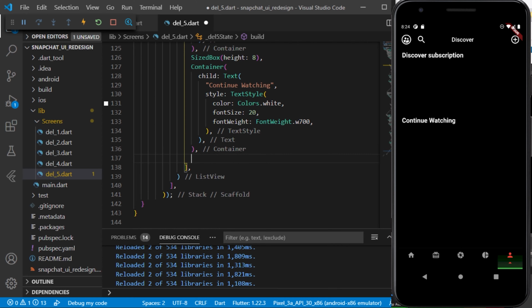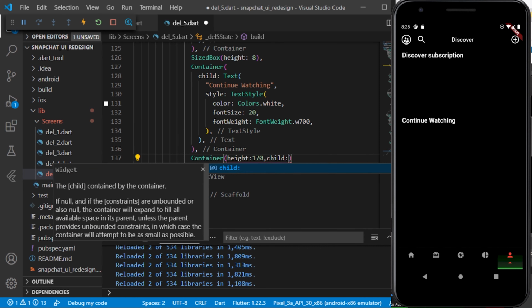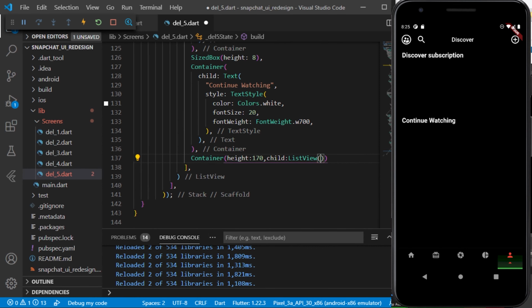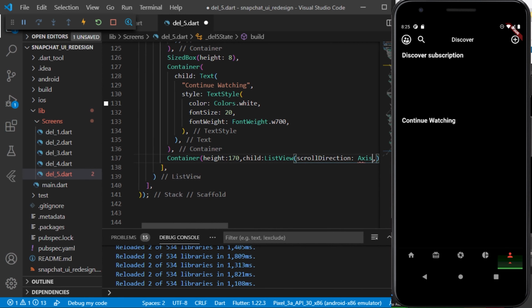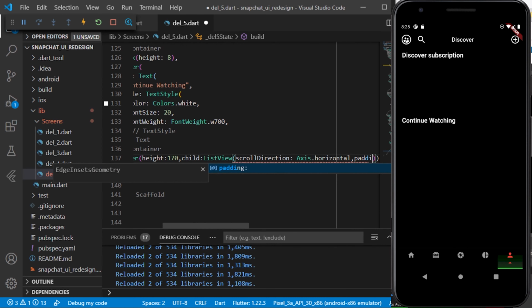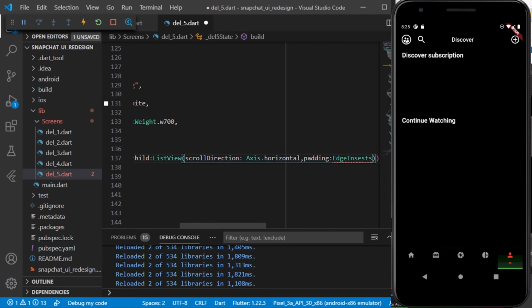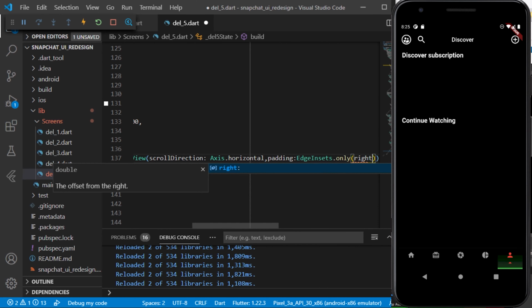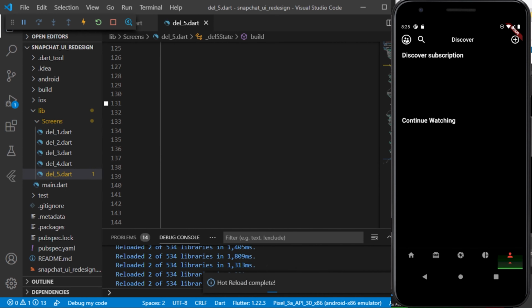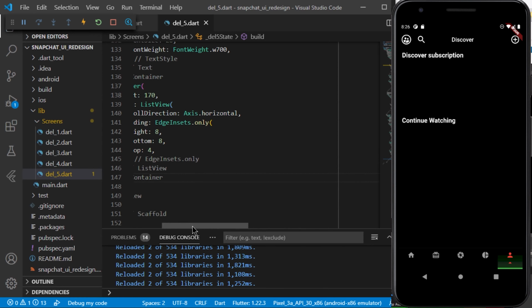Next, here also we'll be having a container with the height of 170, which will be having a horizontally scrollable list view, and we'll be adding items to it later on. Formatting the UI a bit.